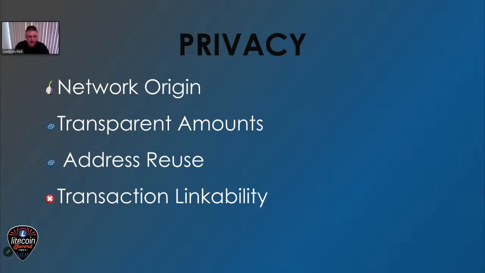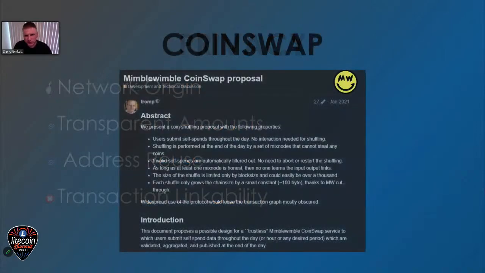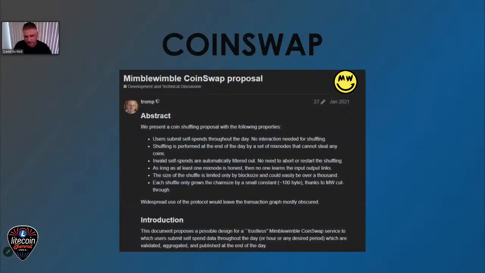So this is one area where the privacy is just not very strong for MWEB, but there are solutions for it. And I've started working now on at least the design for what I think is going to be our next big thing, which is coin swaps. So years ago, John Trump, he's an engineer, mathematician for Brin, came up with this protocol for swapping out your coins for fresh ones, with cleaner histories and obscuring